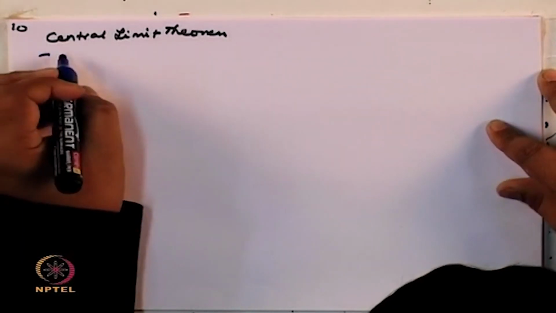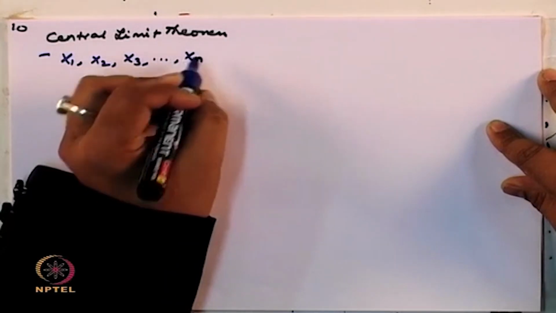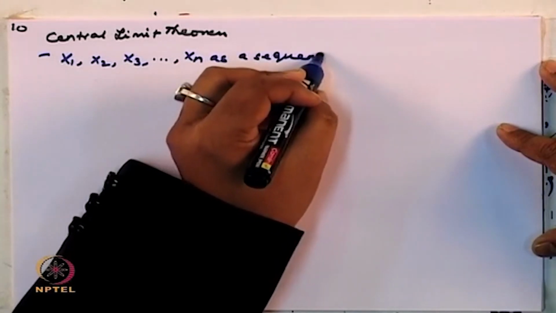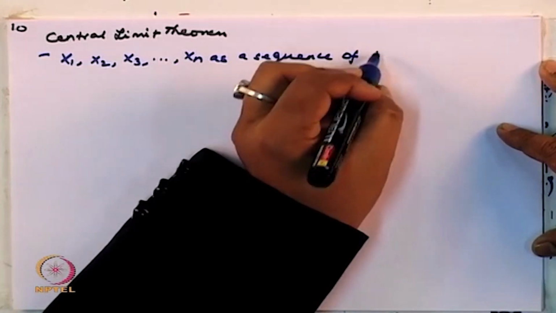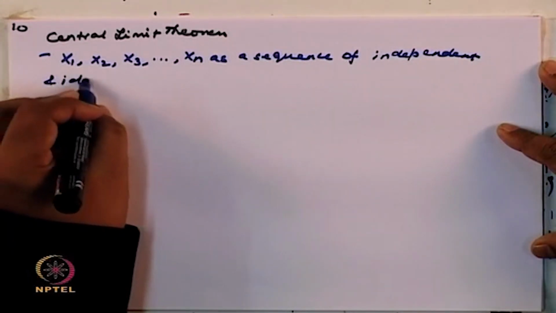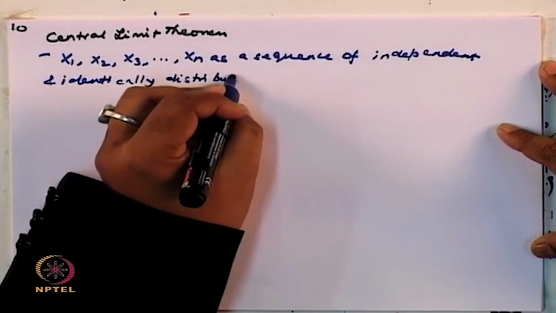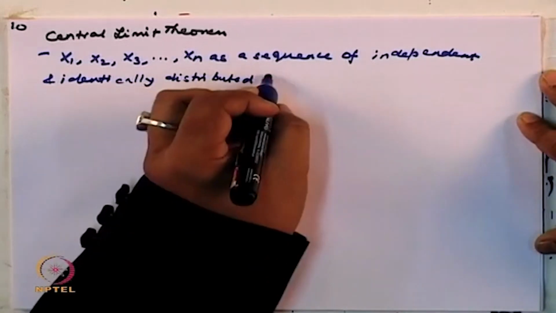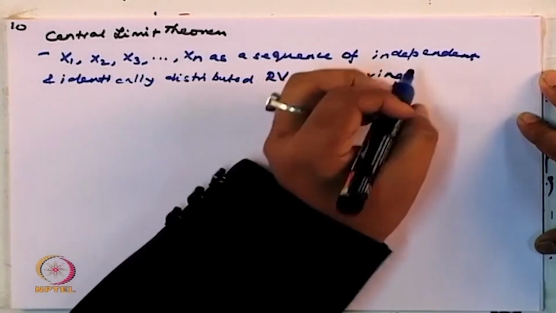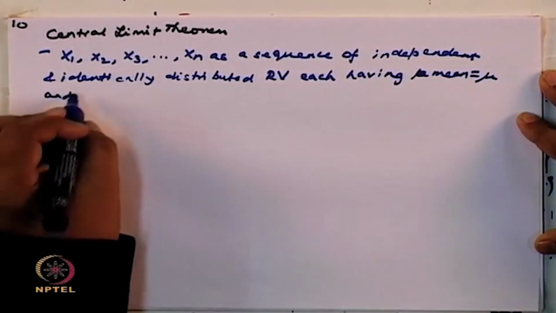Okay. So, if you have x1, x2, x3, ..., xn as a sequence of independent and identically distributed random variables, each having mean equal to mu and variance equal to sigma square,